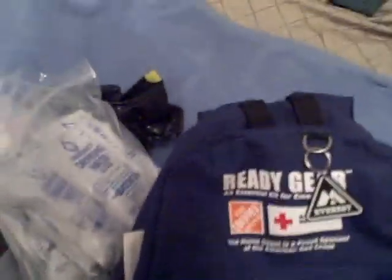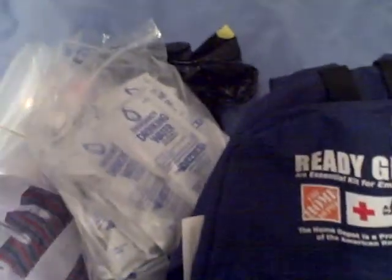There's also two bullshit cheap ass ponchos. I took them out, I was using them for something, and they never made their way back in. Big deal. Anyway, this is...